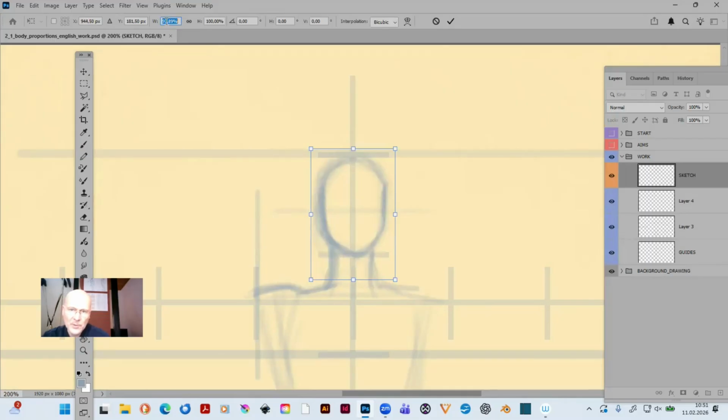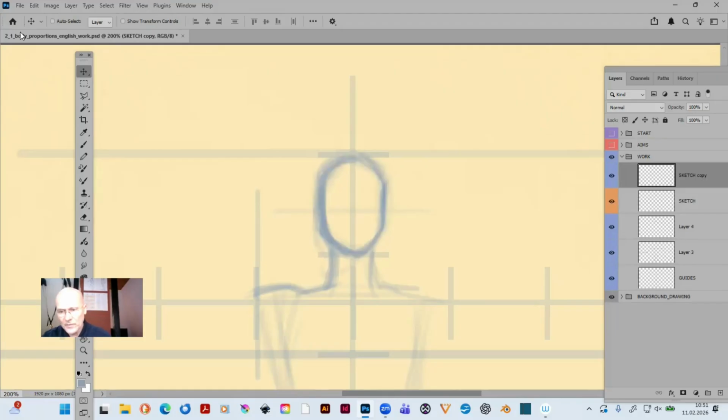We can use it here directly with possibly 98%. Then I check the position with the arrow keys on the keyboard. And then I duplicate this layer again by pressing Ctrl J and move again left